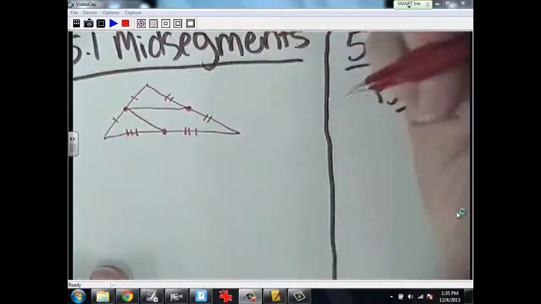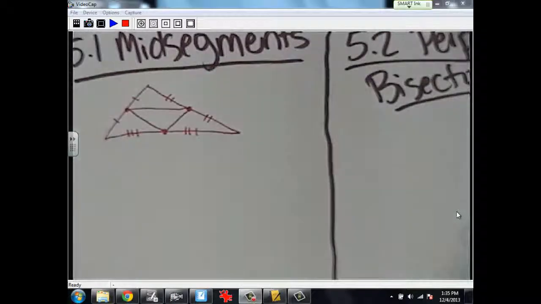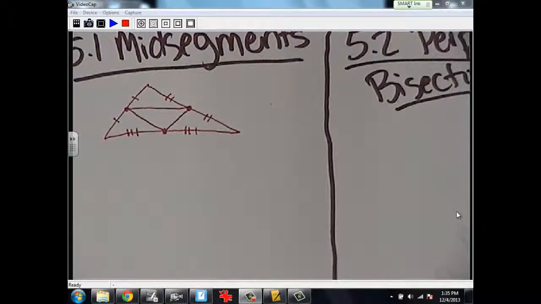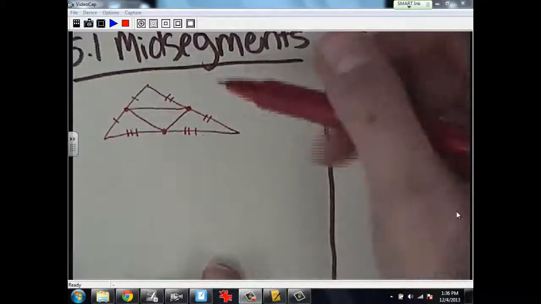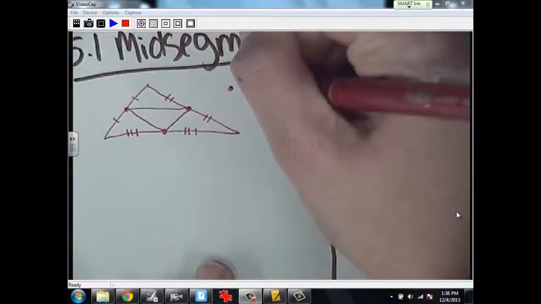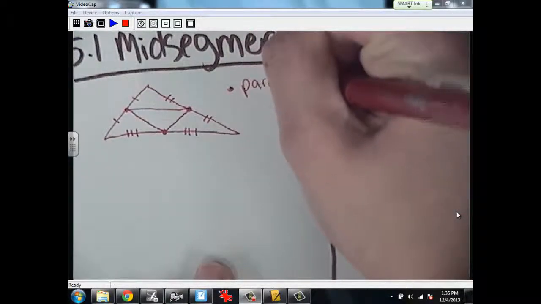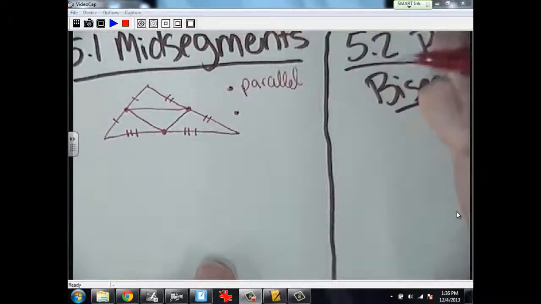Yes. Drawing your mid-segments. Take 2 midpoints, we connect them. That's your mid-segment. Here's 2 midpoints. We connect them, there's a mid-segment. 2 other midpoints, connect them, there's your mid-segment. Every triangle has 3. So what 2 things did we say we know about this? We know mid-segments are parallel, and also we know